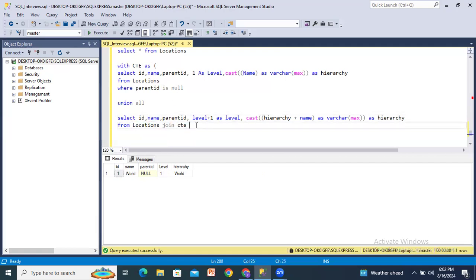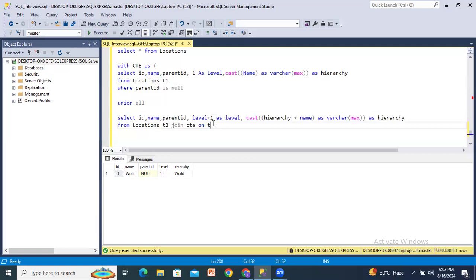This locations I will take as T1, this locations I will consider as T2, join CTE, and for the CTE I will consider one more alias, M. For the time being I'm taking some alias name, or else I will write the CTE directly. CTE on